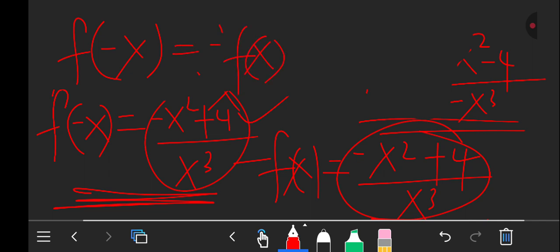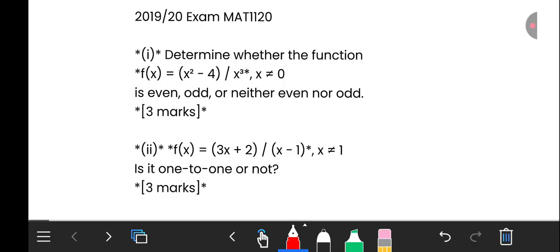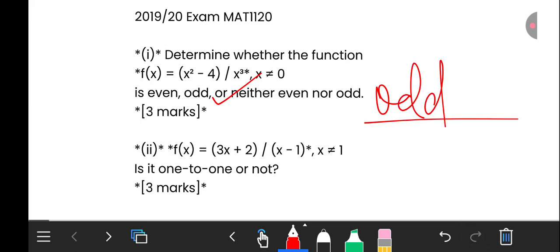So if this is the condition which it satisfies, therefore the function is what? An odd function. So this is an odd function we've determined. Okay, now let's solve the next question. This one we've determined it's an odd function. That's the answer. Let's now determine for question B, Roman numeral 2, which is f of x is